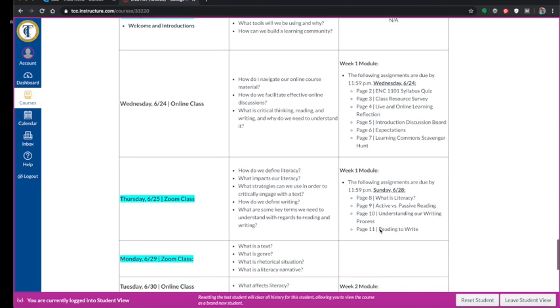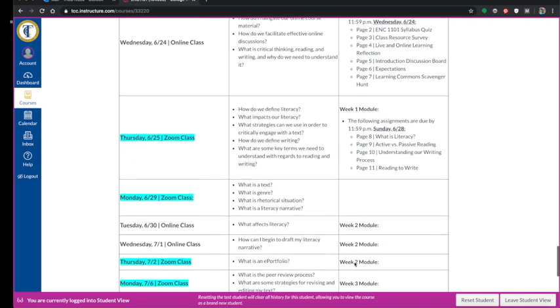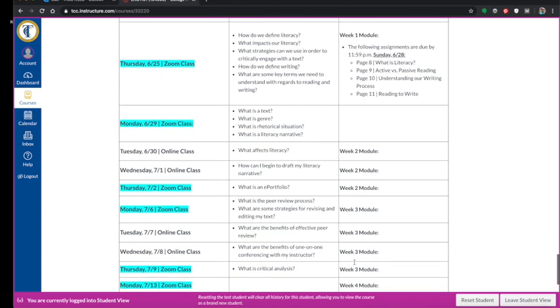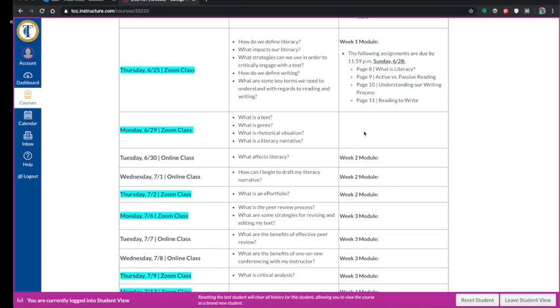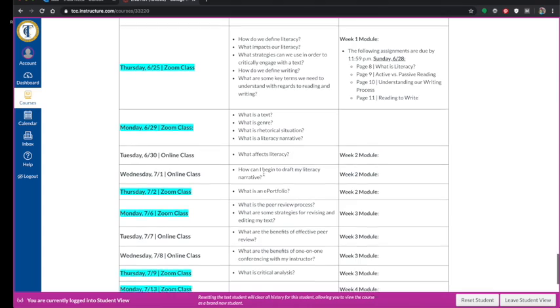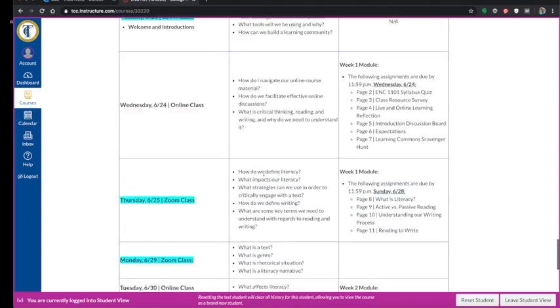Now, I have the first 2 weeks. After that, it starts to grow with us, meaning we've got the guiding questions, but I'll start to fill these in. If it's highlighted in blue, it's a Zoom class. That means that you're coming to that Zoom link. So let me go back up here